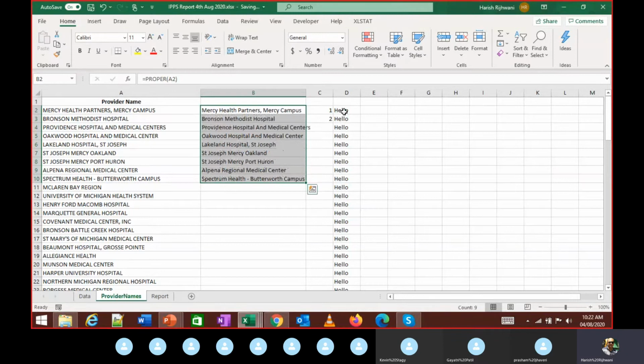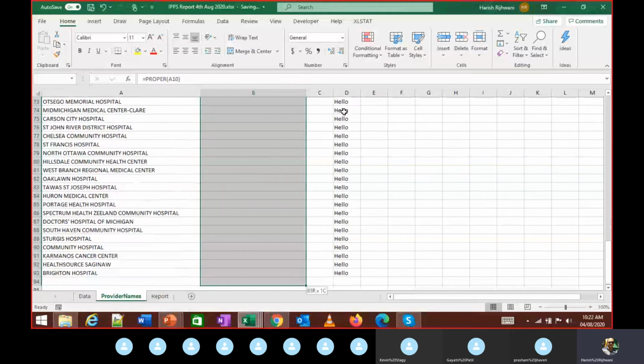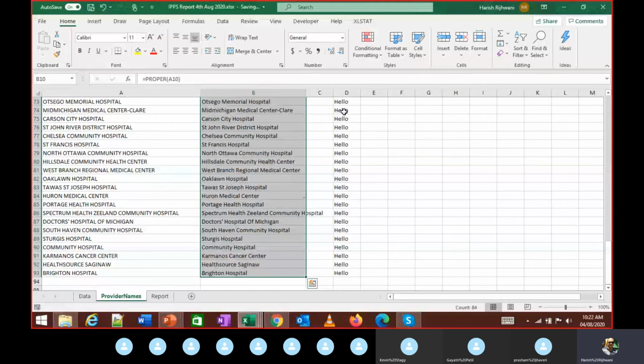When I do this, what happens? I am filling the formula at the bottom. Control D is going to repeat whatever is there at the top in the bottom. So here, if I apply Control D, I'm just going to get the value 2 over here. Here, I press Control D, it repeats the formula. So I can manually go down till 93 in this case. It's not that far and do it this way.